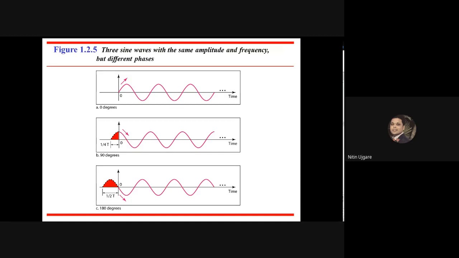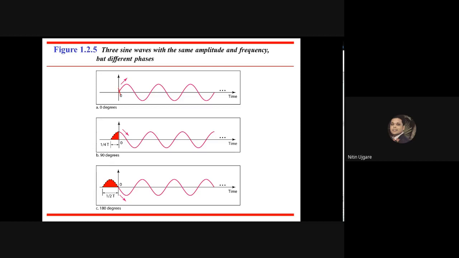Okay, so one cycle has a phase shift of 360 degrees, whereas a phase shift of 180 degrees corresponds to half of the cycle, that is half a period, and a phase shift of 90 degrees corresponds to a shift of 1/4 of a cycle. Okay, and that is represented here. So this signal has a 360 degree phase shift because